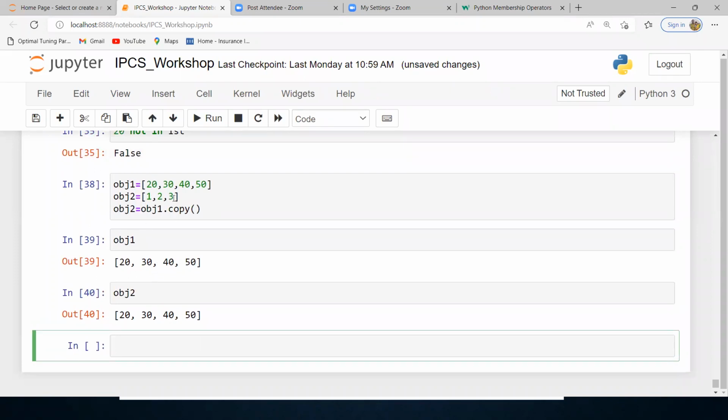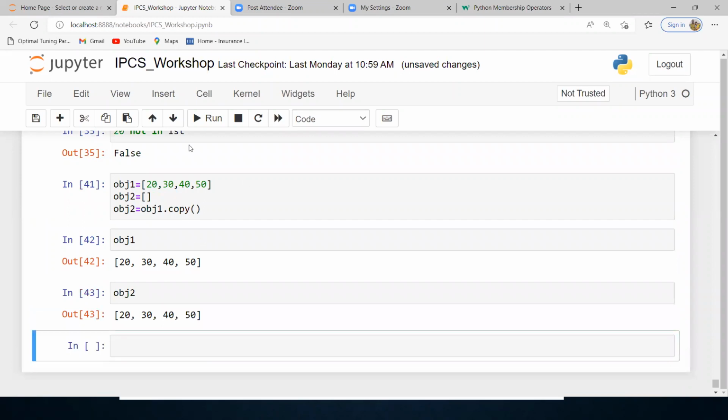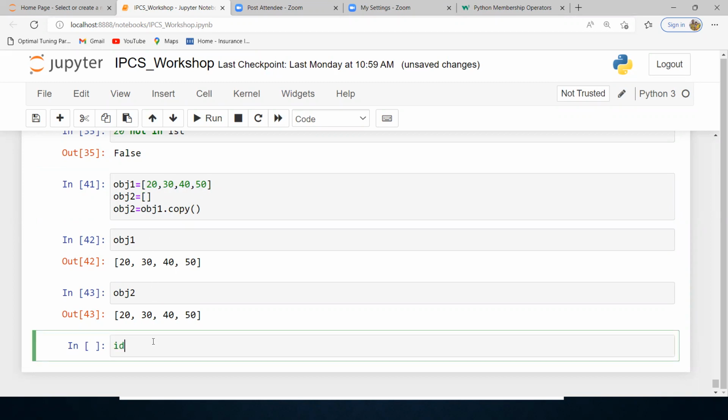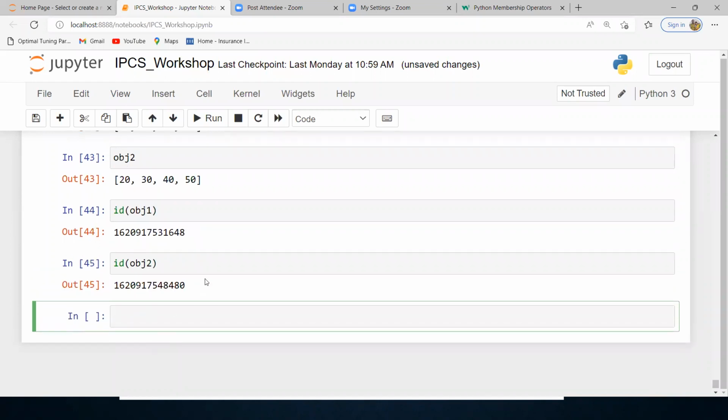Now everything is copied into obj. Let's go for an empty list here. Now you can understand this. Now every element of obj1 is copied into obj2. Let's go for id of obj1, okay, id of obj2. Same or different? Different, because